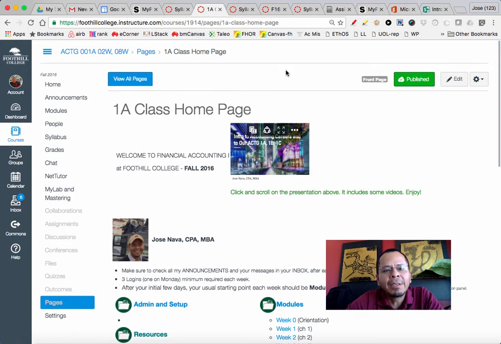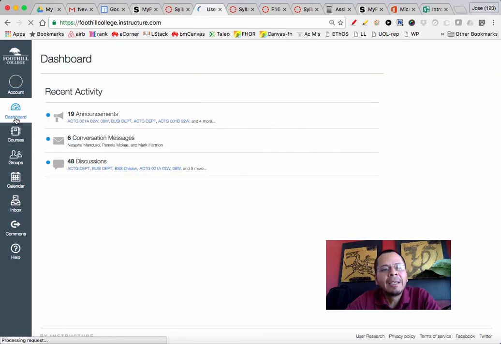Once you log in correctly into the Canvas site, you will see a number of different courses. So in my case, if I go to the very left side of the screen, which is the global navigation panel, you will see different features, including courses, your dashboard, which will be the place where you go to first every day. That has your notifications for every class that you're in that uses Canvas.